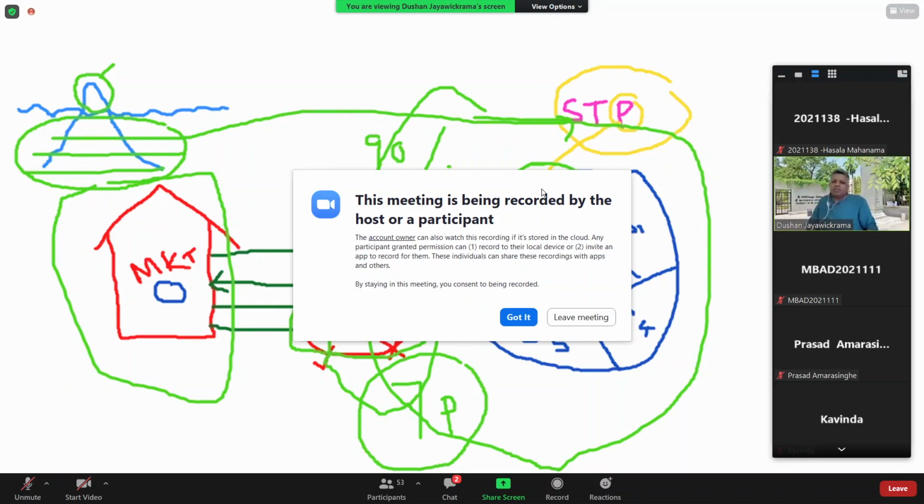So someone has asked, what is then the meaning of branding strategy? When you say branding strategy, it has a broader meaning. Branding is a very different area of subject.